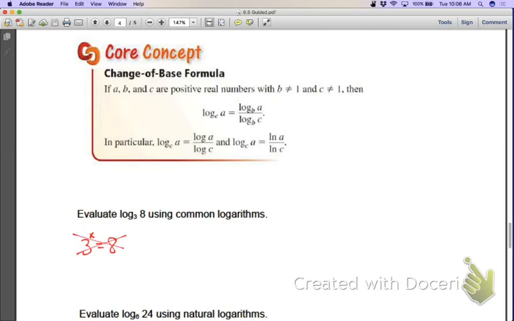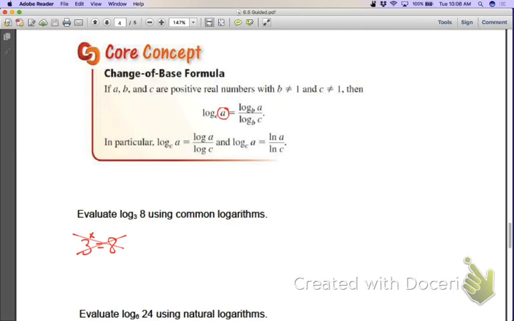I can't turn it into an exponential and just say, hey, it's 2, or it's 5, or whatever it is, 1/2, negative 3, like we could before. So what I've got to do is rewrite this and let my calculator do the work for me. Whenever I use change of base, whatever my of value is,